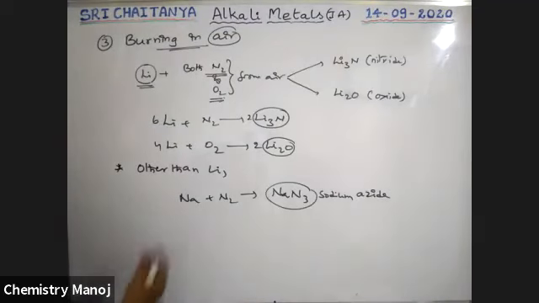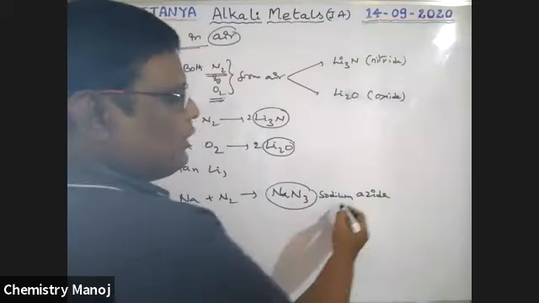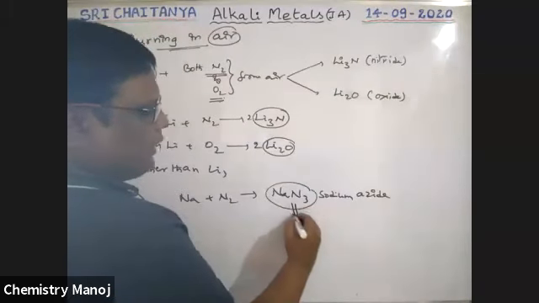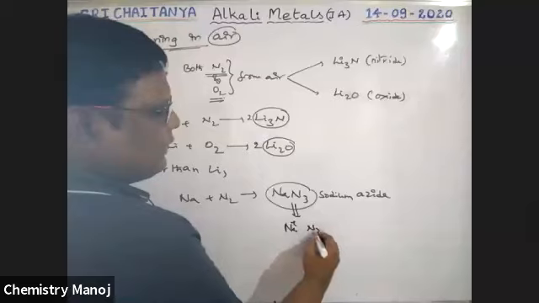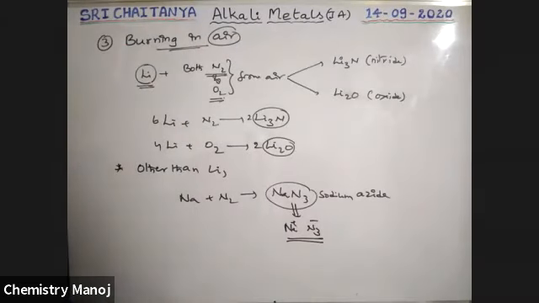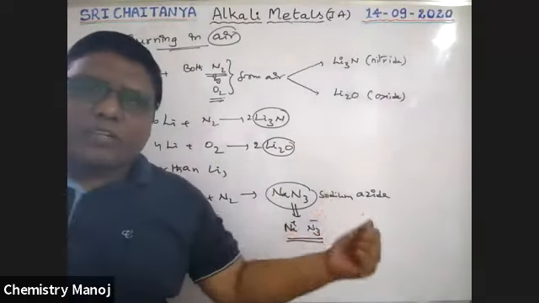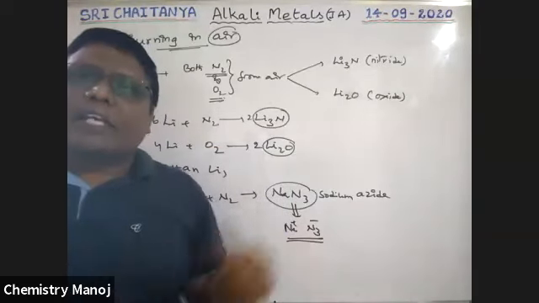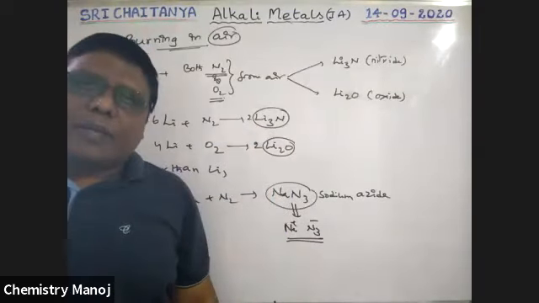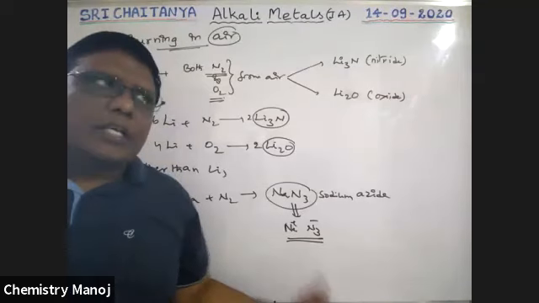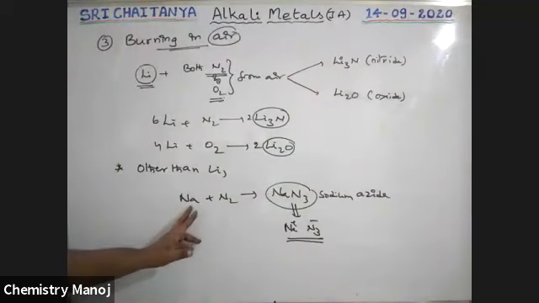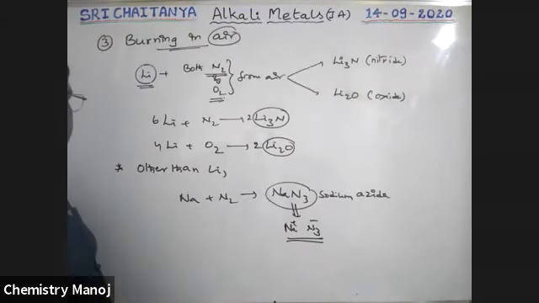Not only sodium, but potassium, rubidium, all these give azides. It is nothing but Na plus ions and N3 minus ions. It is an ionic compound, boys. So sodium azide is the product. Lithium with nitrogen gives lithium nitride, but other elements give azides with nitrogen. It is a special case of lithium, and it is the anomalous property of lithium. Whatever the metal may be, sodium, potassium, rubidium, azides are the products.